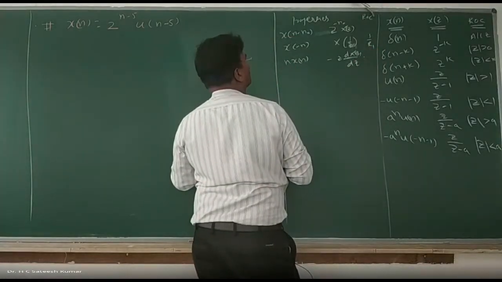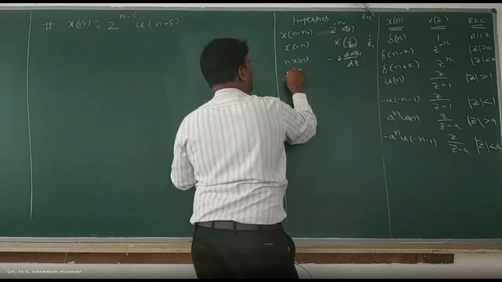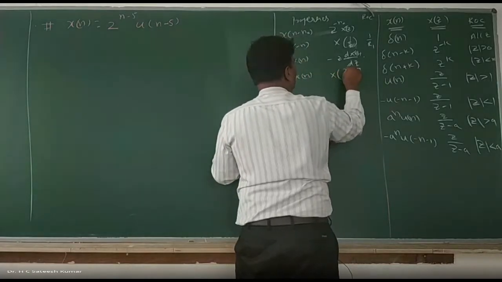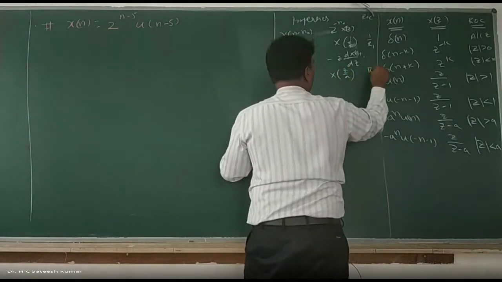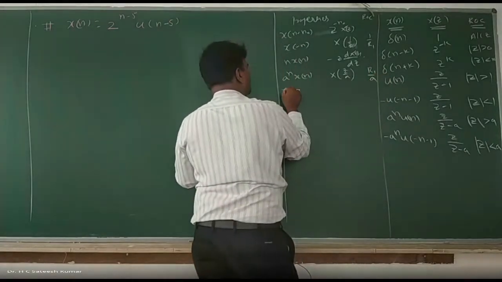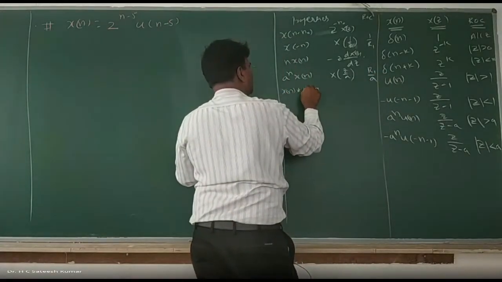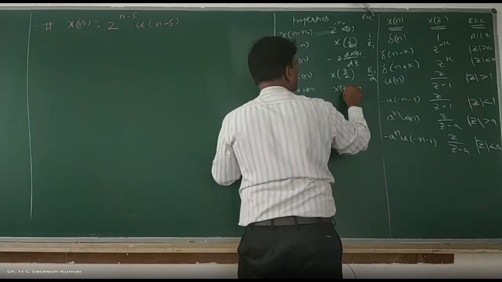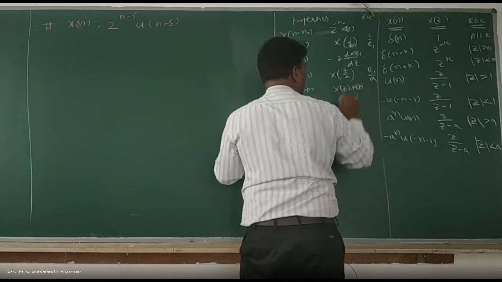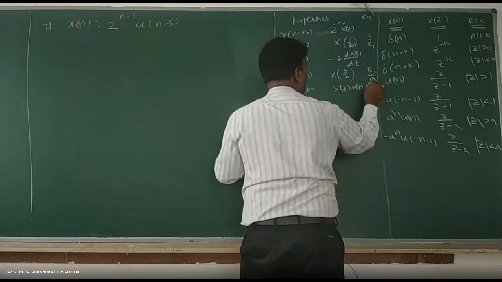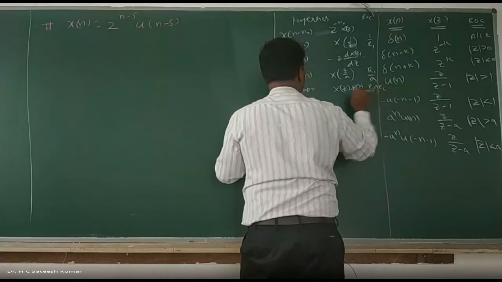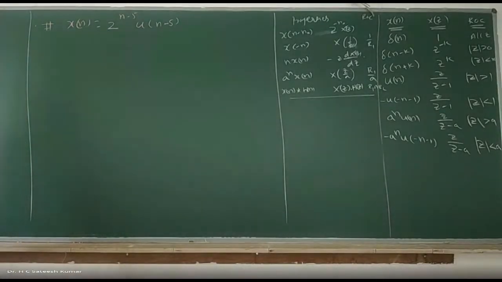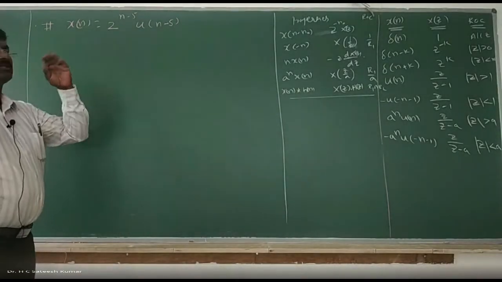So what you should remember: time shift, time reversal, and one more is there. A power n into x of n has Z transformation X of z by a, ROC R1 by a. And one more is x of n convolution with h of n, which has the transformation X of z into H of z. So these are the important properties. Linearity property, you know, with ROC R1 intersection R2. So like this, you should remember all these things. Based on this, we shall do the problem. Now, before applying the property, first you go for substitution.